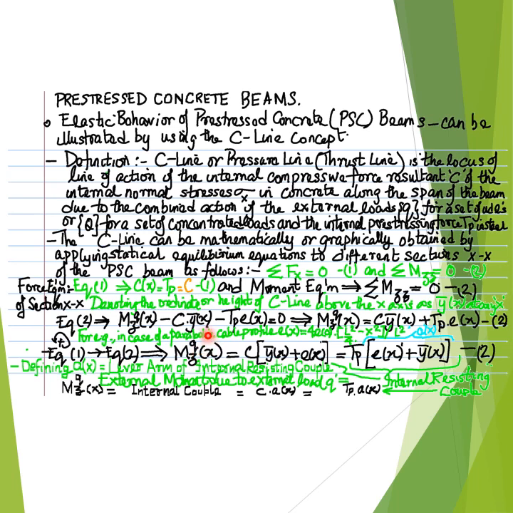Due to the externally applied uniformly distributed load, small q, should be balanced by the internal resisting couple that is formed by the internal compressive force resultant denoted as capital C due to the internal normal stresses in the concrete, and the internal tensile force resultant capital T subscript P due to the pre-stressing force Tp in the pre-stressing steel,